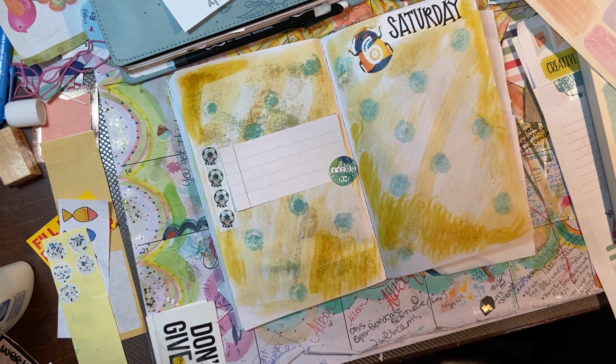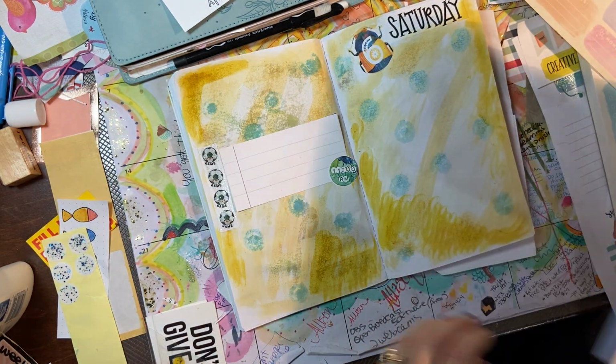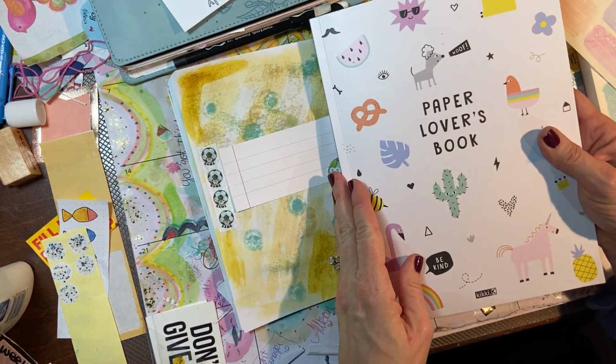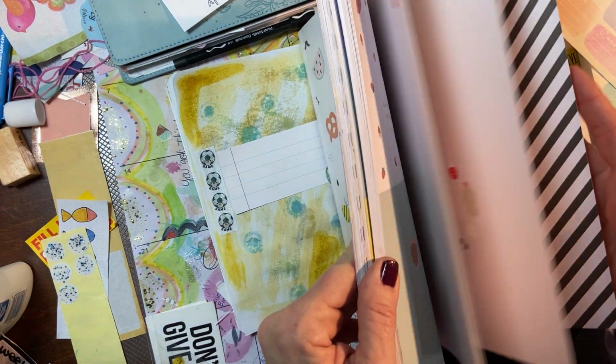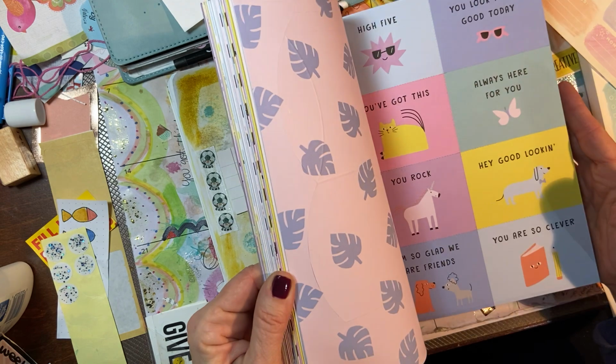Well, we're not going to do that right now. Let's see what else we have. We have lots of stuff. Oh my gosh, I just did a review of this book today, and that will post sometime soon. It's a Kiki K book. It has amazing